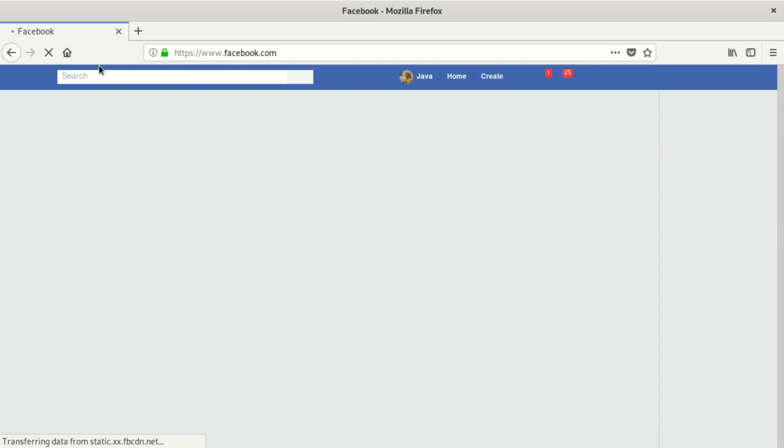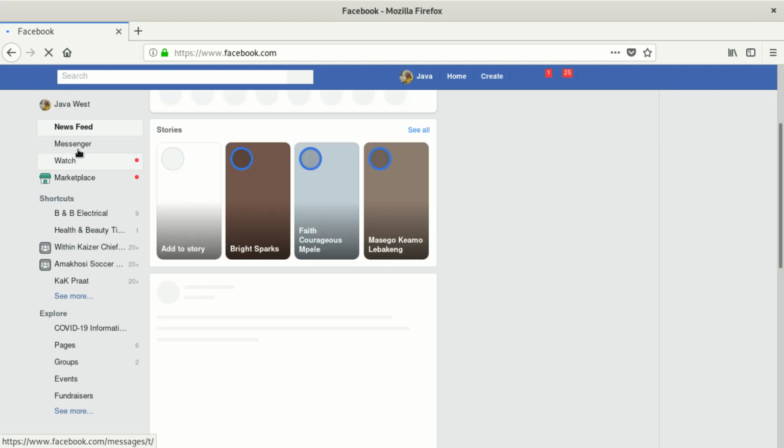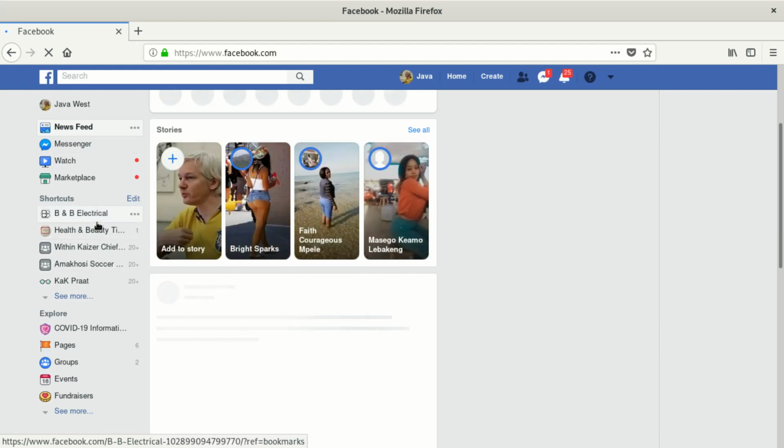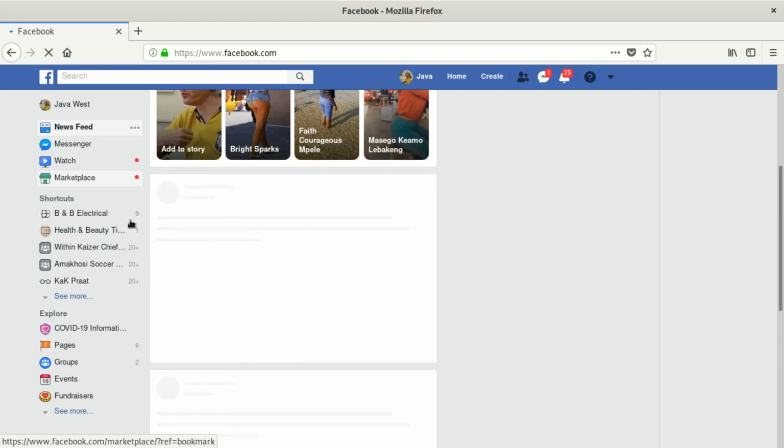Yeah, this is the default Facebook layout and interface, the old one. So let's see if on the old one we still find the dark mode in the same place. And you know that